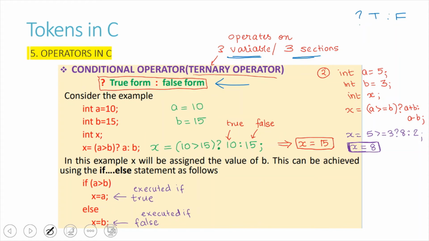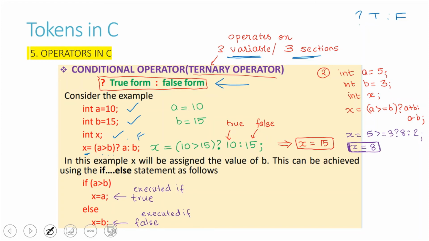For example, consider the case A is equal to 10. Then we have B is equal to 15. We are declaring another variable x, and the value of x will be equal to A greater than B, question mark. A is not greater than B, so the statement following the question mark is the true condition, and after the colon will be the false condition.